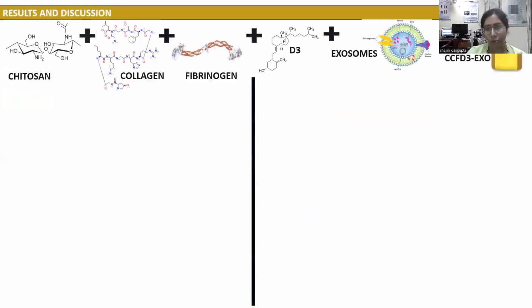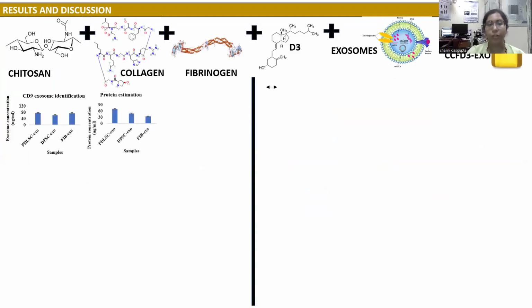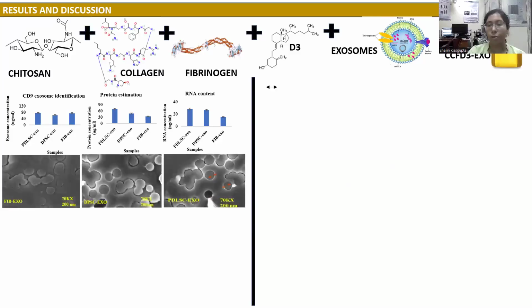Now, before we added exosomes, we needed to see which exosome would be the best fit. So we evaluated periodontal stem cell exosomes, known for having an increased amount of VEGF, with DPSC, another potent source of exosomes, and with fibroblast exosomes. After identifying and quantifying them using CD9, we evaluated their protein content and RNA content, where we saw PDLSC had a much higher concentration as compared to the other exosomes. We also did an FESEM study, where we saw all exosomes had spherical uniform morphology of size 150 to 200 nanometers, and based upon the overall results, we saw that PDLSC would be a good choice to be added in the